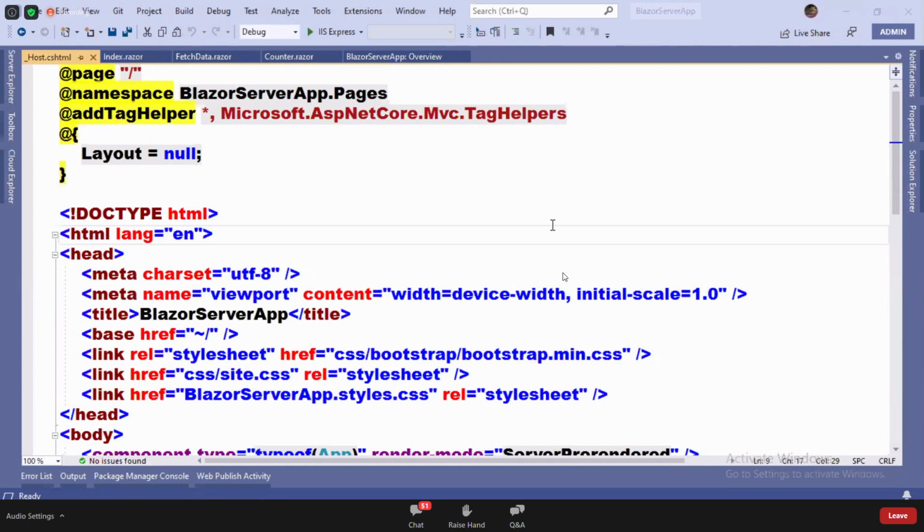Actually, Blazor came into the picture somewhere around 2018, 2019. But later in 2020, in Blazor, they added a new functionality called progressive web applications. What is a progressive web application? Progressive web applications, in the sense,